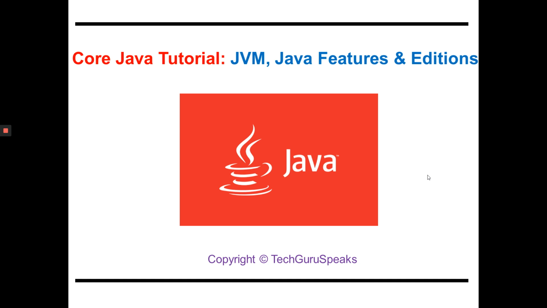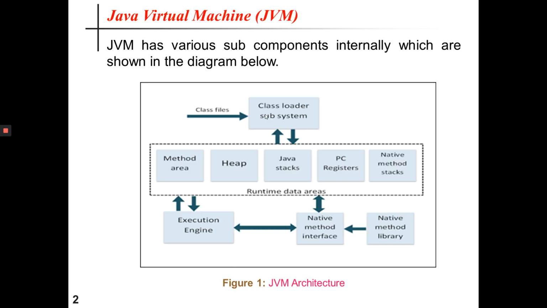Now I will discuss a very important topic of the Java programming environment, that is JVM or Java Virtual Machine, which is basically an abstract computing model and provides the necessary requirements needed for running a Java program. So now I'll move to the topic Java Virtual Machine. As a Java programmer, we always want to learn the full details of how Java Virtual Machine or JVM works.